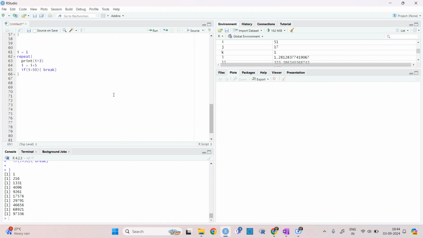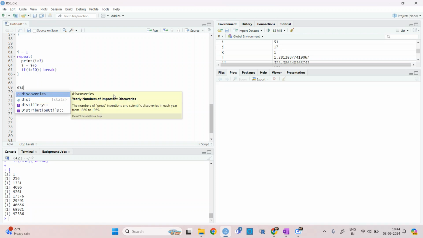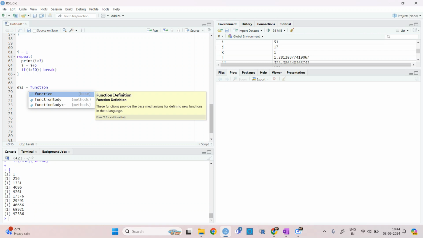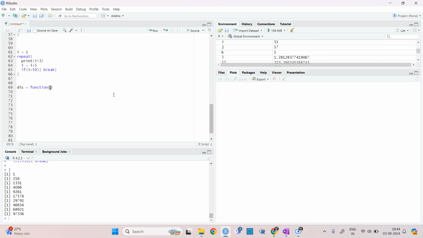So the way of defining a function is, let's say I define a function for the distribution like this: function, and then the function will contain what? Let's say x, and then I'm writing exponential of minus x star 3, right?